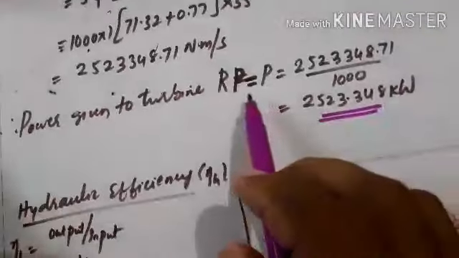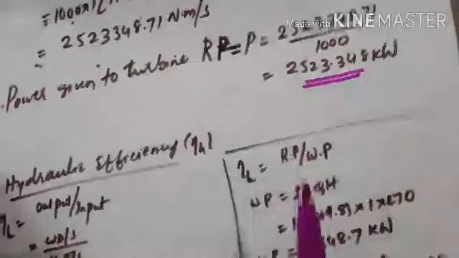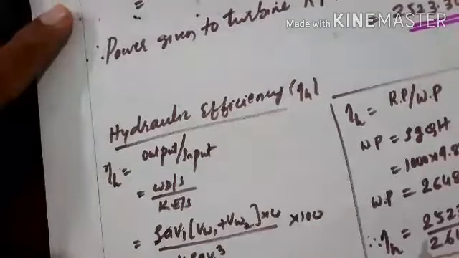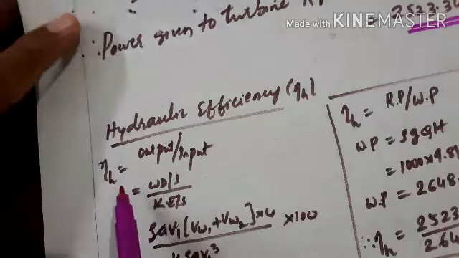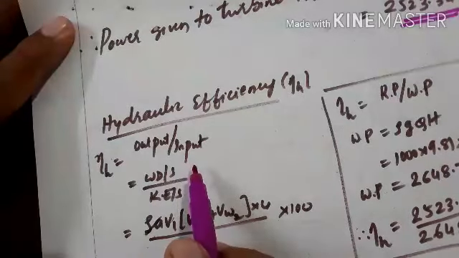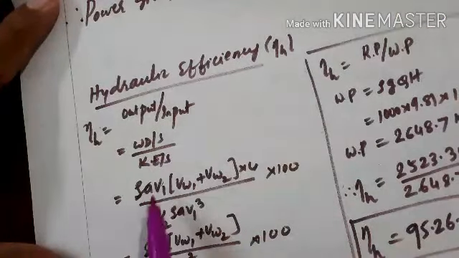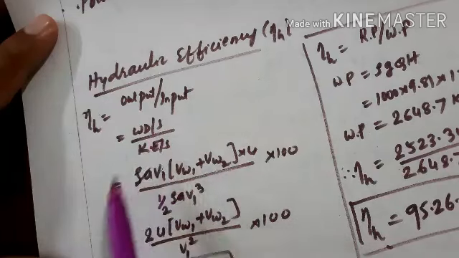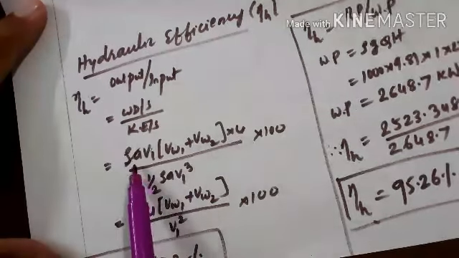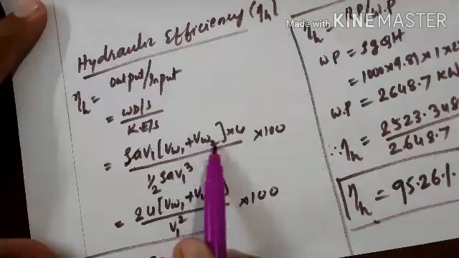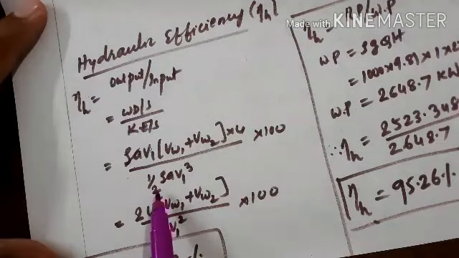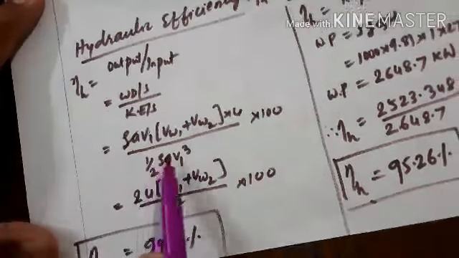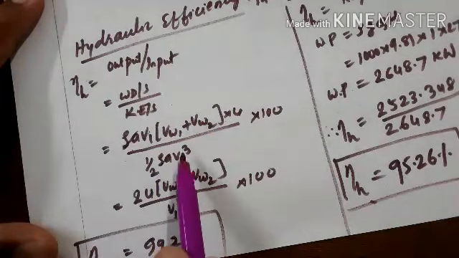So since this is what we call the runner power, you have to calculate the hydraulic efficiency. As we know, the formula for efficiency is output by input. Output is nothing but work done per second, and input is the kinetic energy of the jet per second. As we know, the work done per second formula is Fx into U. Then Fx will be rho A V1 into Vw1 plus Vw2, into U. Then inlet power, that is kinetic energy of the jet per second, formula we also know: half rho A V1 cubed, that is half rho Q V1 squared.